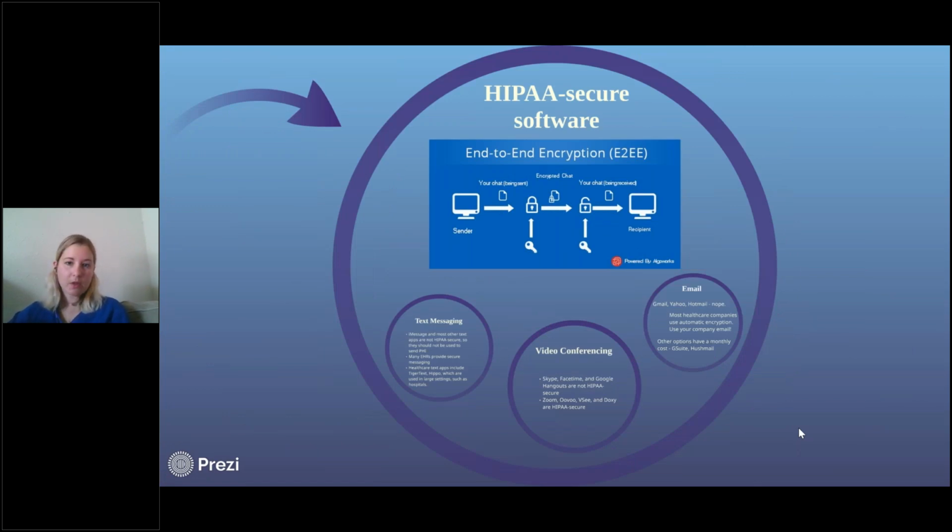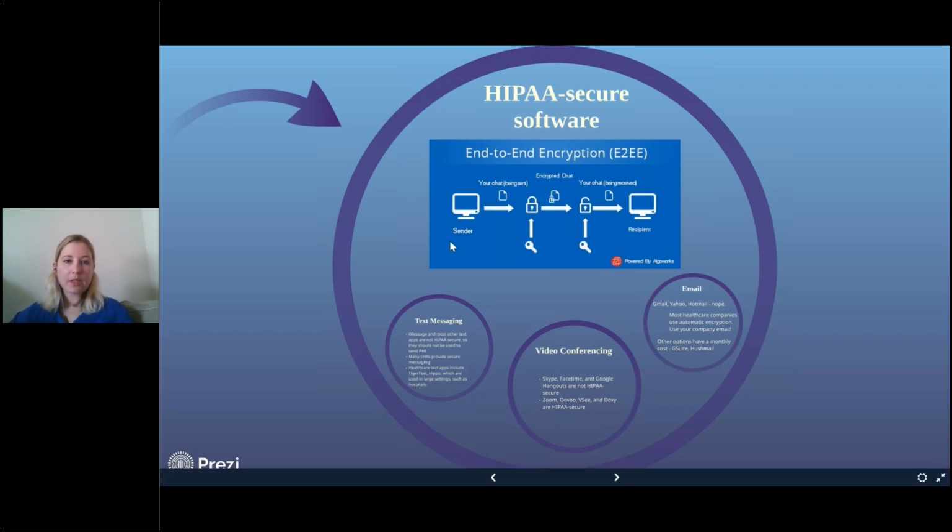End-to-end encryption is probably something you guys have heard before. This little graphic explains what end-to-end encryption is. The sender, say that's you, and the recipient is your client on the other end. If you're using end-to-end encryption, then on the way from your computer to your client's computer,